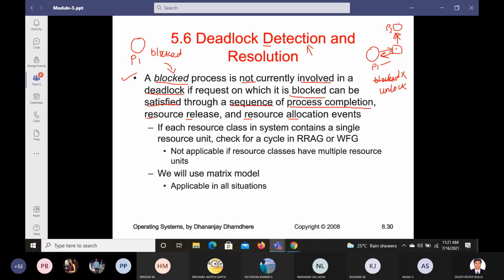What about the next one? Second point here: each resource class contains a single resource unit. Like in the earlier case, we got multiple resources.